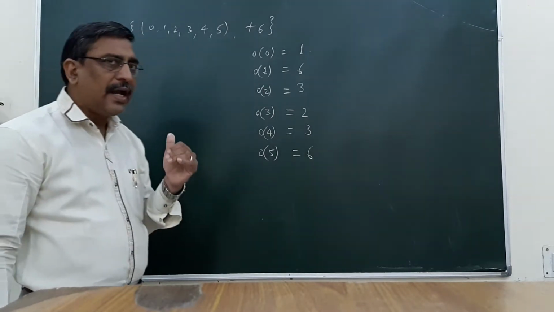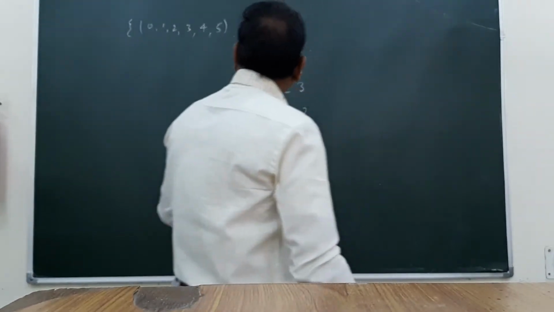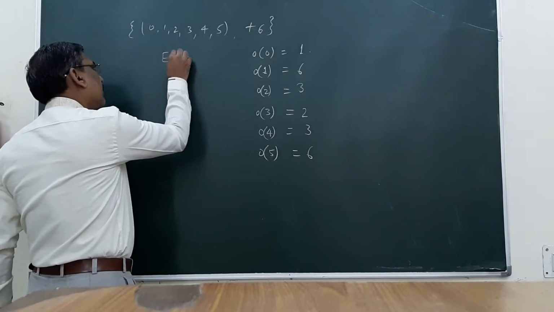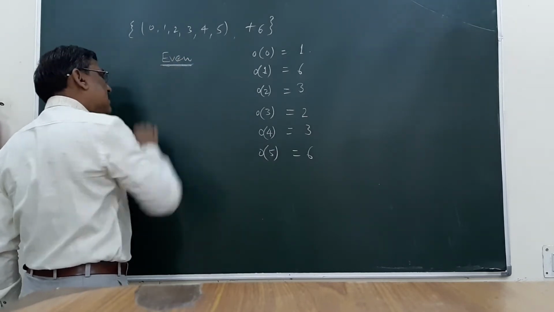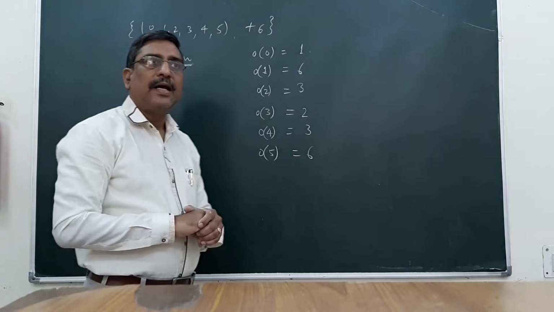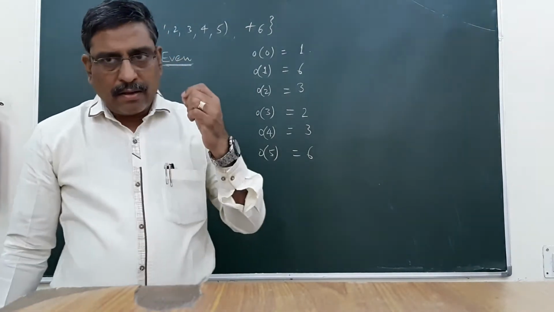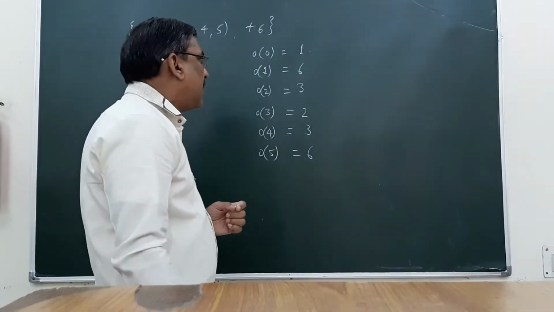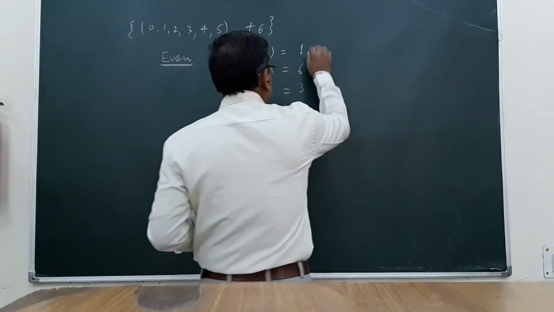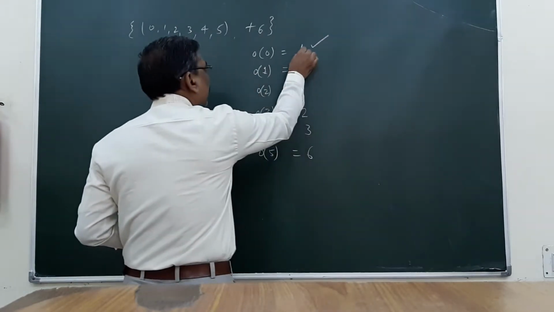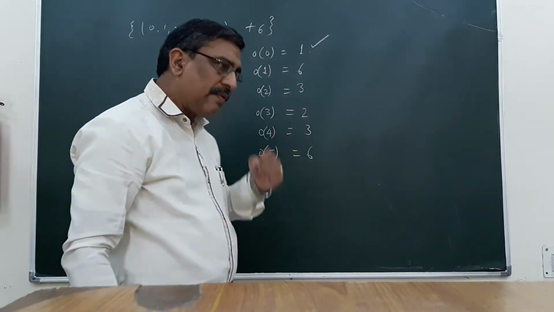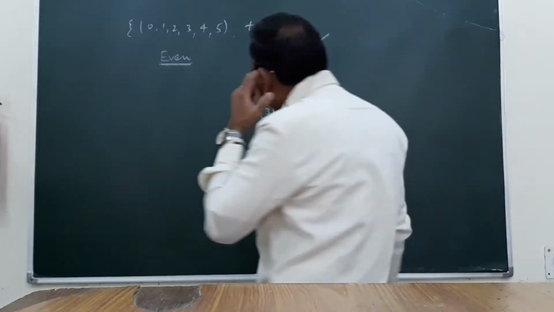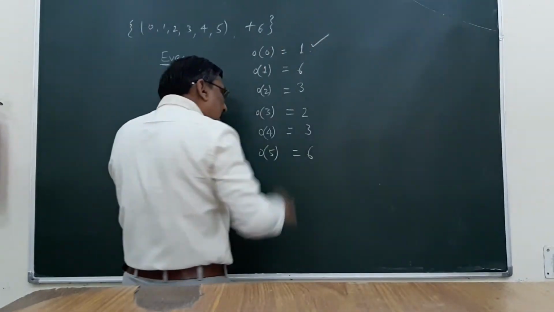From here we can draw some conclusions. We can see the number of elements in this set is even. And we proved earlier a theorem that the order of an identity element is always 1. So this is your identity, and from this way we can also find the identity of any group. So order of identity will always be equal to 1.